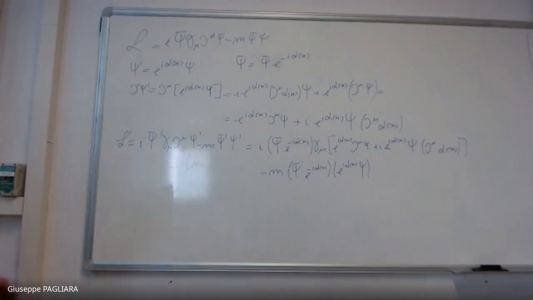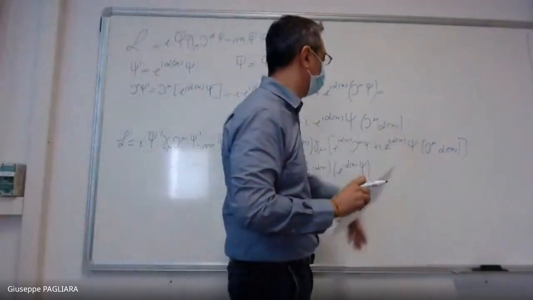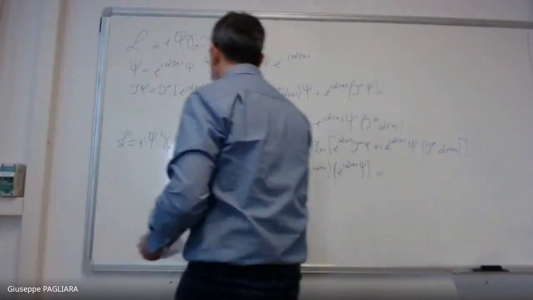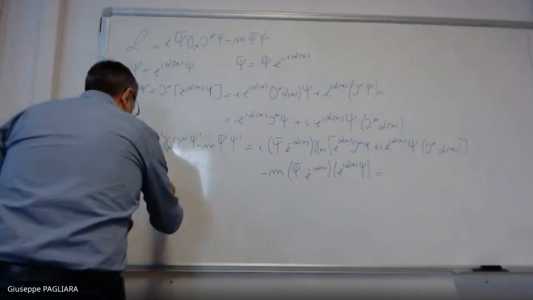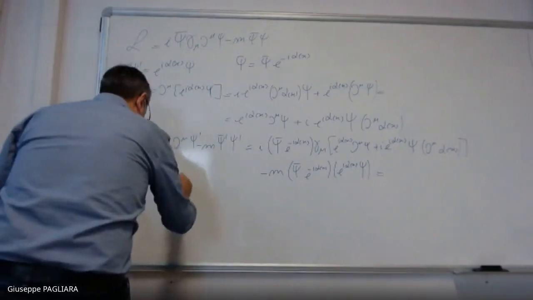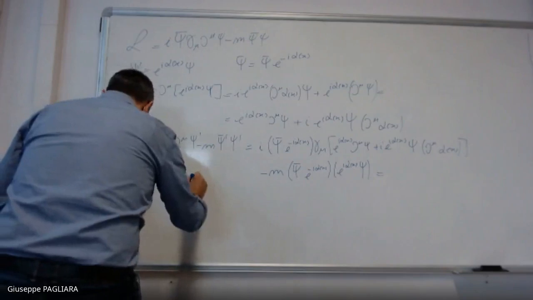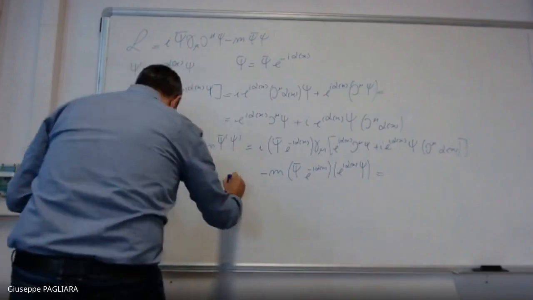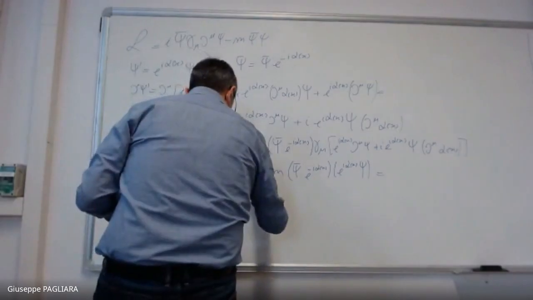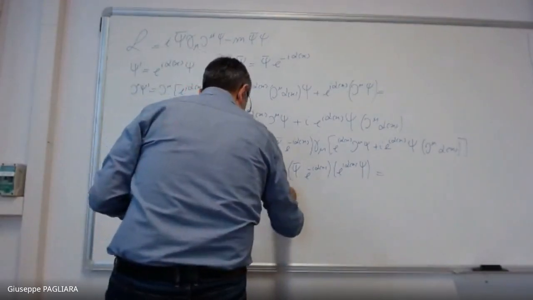Okay, now we take these two cross products here. So this is equal to i psi bar e to the minus i alpha of x gamma mu e to the i alpha of x partial mu psi minus